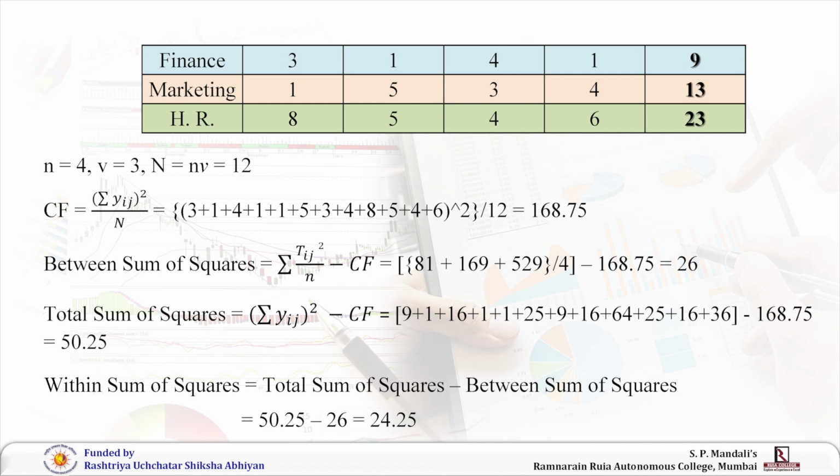The total sum of squares is calculated as summation Yij whole square minus the correction factor. That is, we need to square each observation of the table, that is all the 12 observations, and then subtract the correction factor from it, which is 3 square 9, 1 square, 4 square, 1 square and so on up to 6 square minus 168.75, which will be 50.25. The within sum of squares is obtained as the difference between the total sum of squares and the between sum of squares, which turns out to be